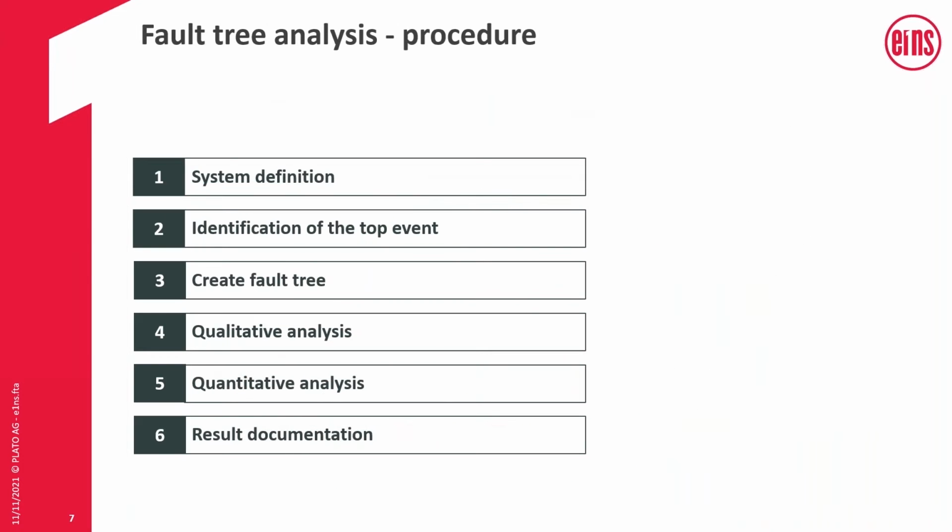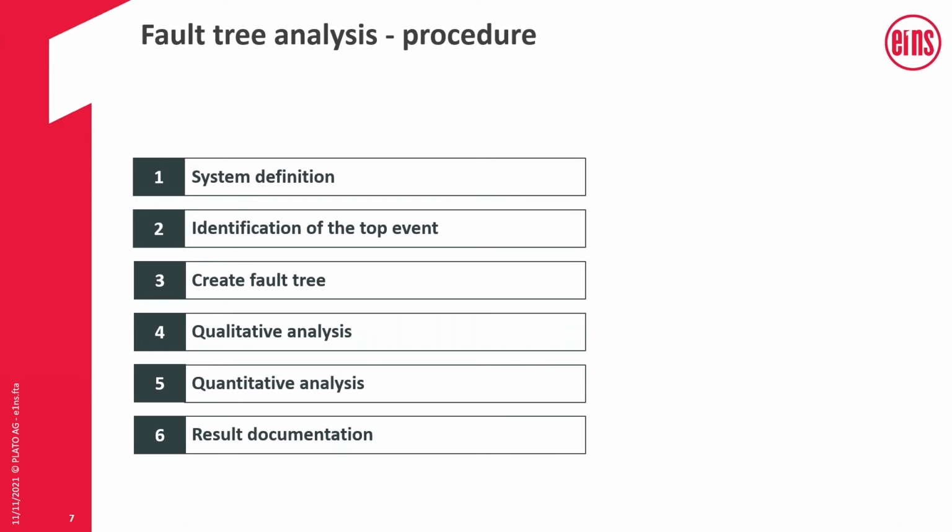So the classic workflow when creating a fault tree in e1ns is based on these following 6 steps. So we should always start with the system definition. It's the same like in FMEA. We should think about the system structure and the function network. Then, of course, we should identify the beginning or the top of our fault tree, the so-called top event, which is one of the failure modes from our top system element in the structure. We can create, linking all the failure modes together to create our basic fault tree